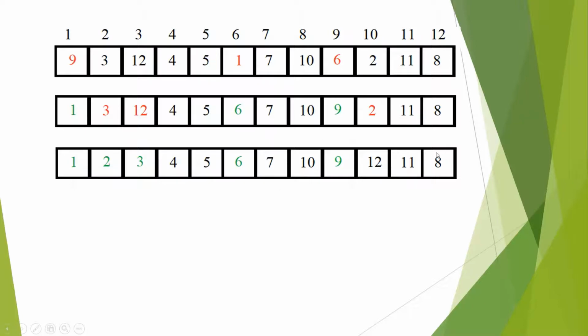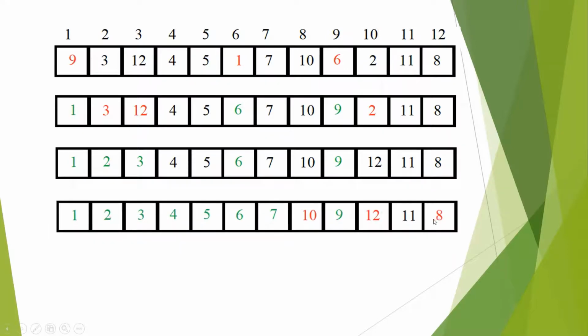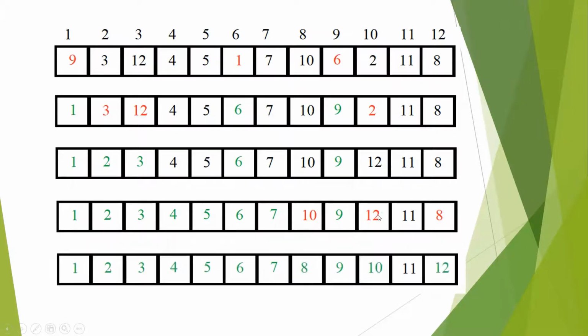We see 8 is not at its correct position. So the first number is 8. 8 must be placed at the position of 10, which is currently 10. 10 must be placed at this position, which is currently residing with 12. So the number order would be 8, 10 and 12. Swapping would give 8 at its correct position, 10 at its correct position and 12 at its correct position. So we see that the array has been sorted in the minimum number of operations, which was k equal to 4.